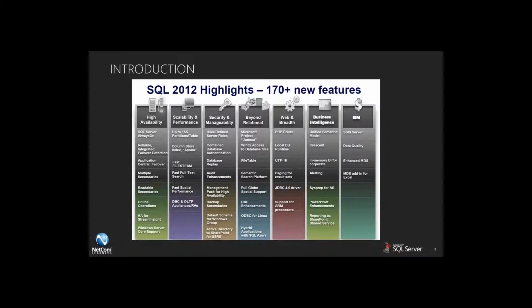So as you know, they've done 2000, then they had 2005, then 2008, and then they had this kind of halfway upgrade that was 2008 R2 before they got around to 2012. There were a few key things that they wanted to fix along the way, but it wasn't a major upgrade. 2012 truly is. They have over 170 new features within the product, covering the entire spectrum of important areas that